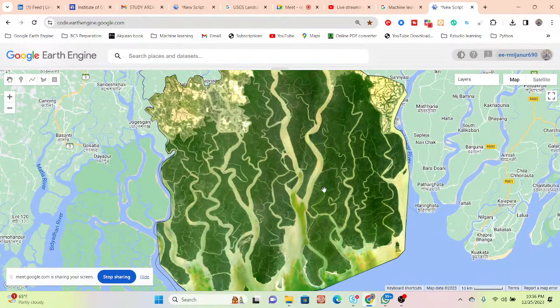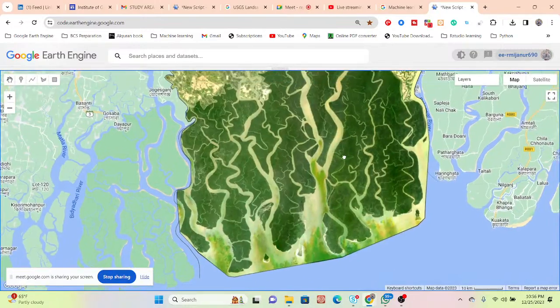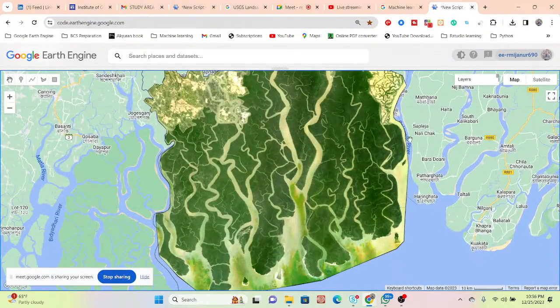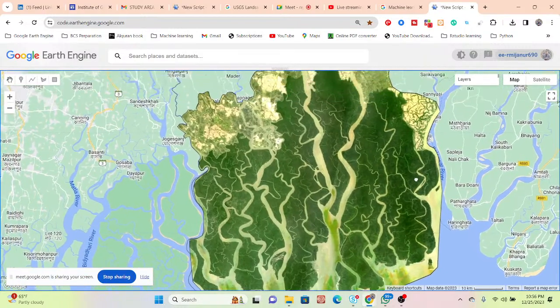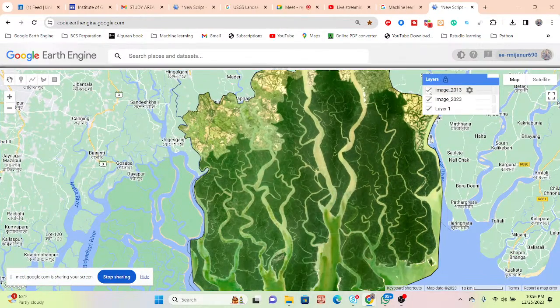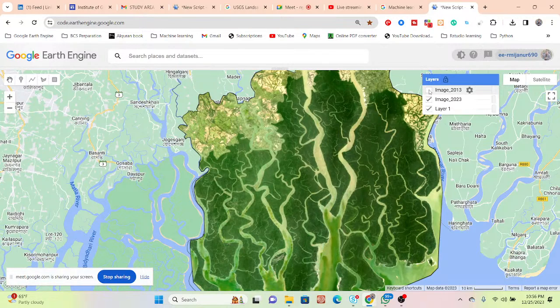I think you can also use it. There is no problem about that. Then you can see all of this cloud will be removed from here, and we get a very neat and clean image from here. So we can get the image for 2013 and also the image for 2023. When you want to make this map, you can easily identify where it will change or not, or which is increasing or decreasing. About that, we can easily get it.